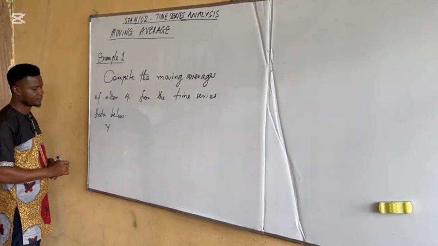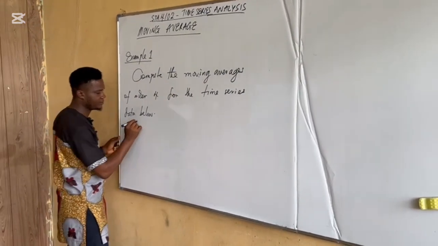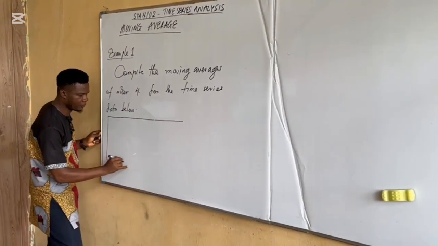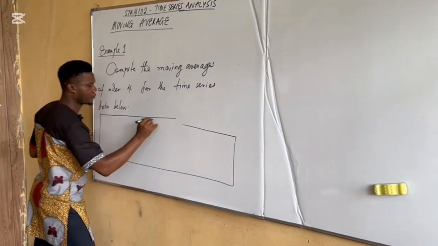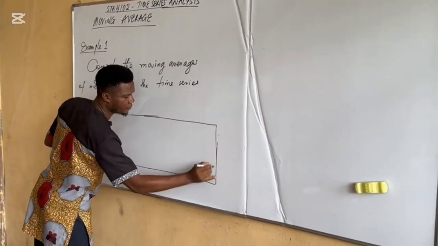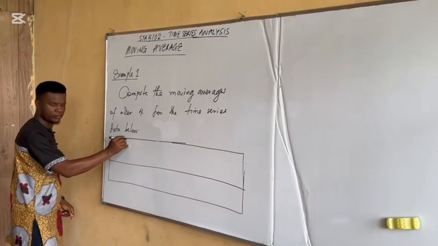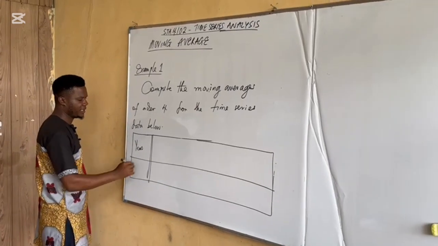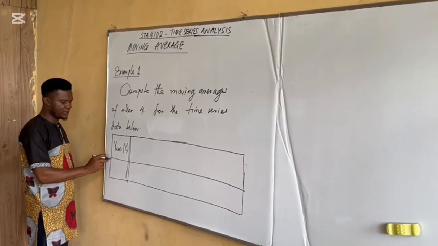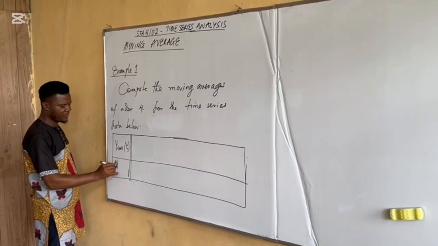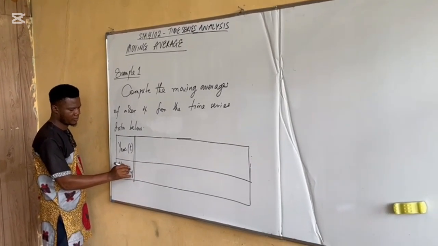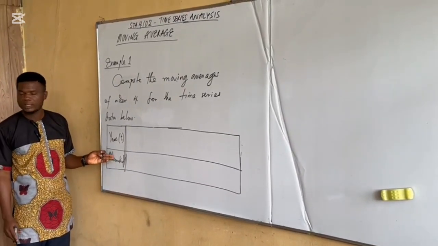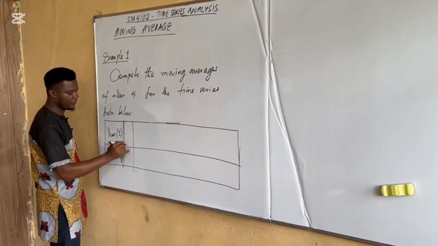Let's have this data. I'm going to spread it out horizontally. So let's call these years t, and let's call these values or observations y. Okay? So let's call my observations y, taken over the following years: